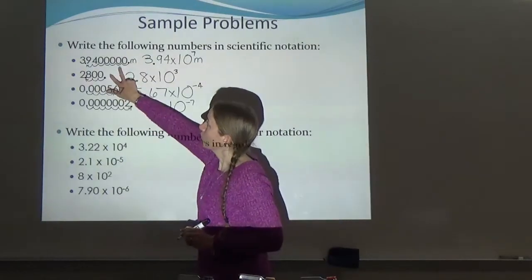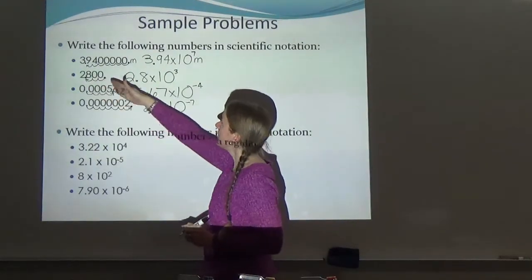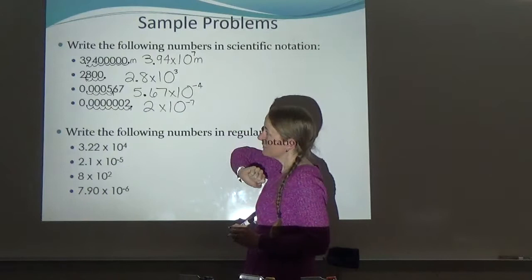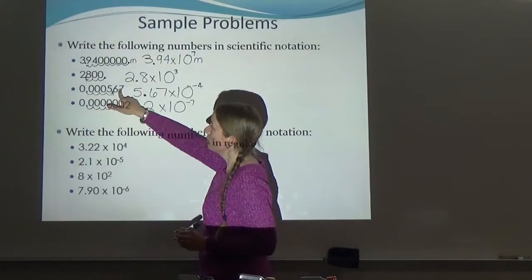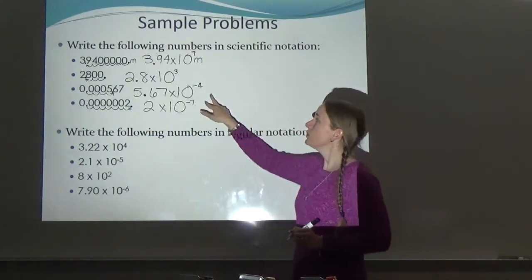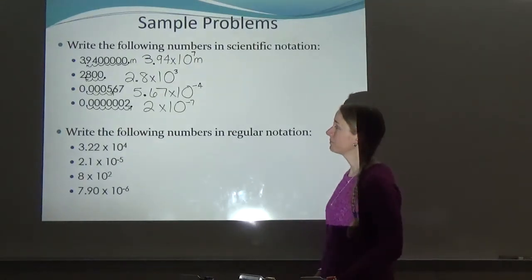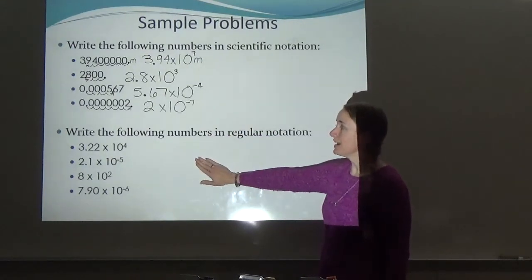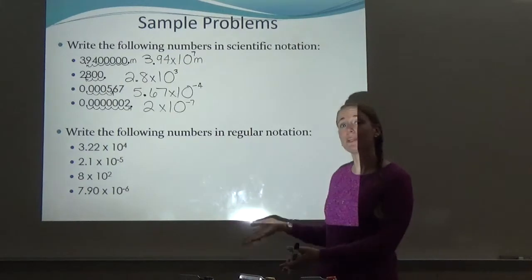Okay, so for numbers greater than 1, when you move your decimal to the left, you end up with a positive exponent. For numbers less than 1, when you move your decimal to the right, you end up with a negative exponent. All right, so sometimes though you may have scientific notation and you want to put it in standard